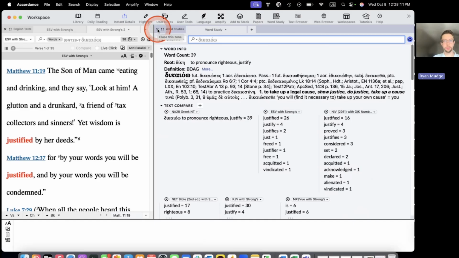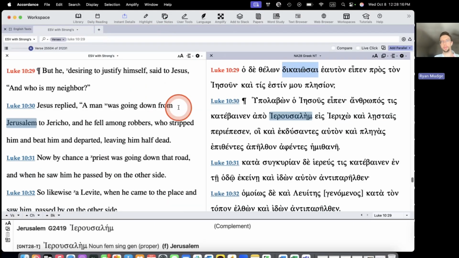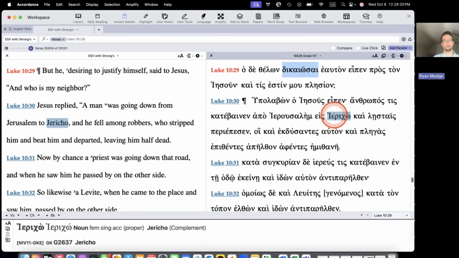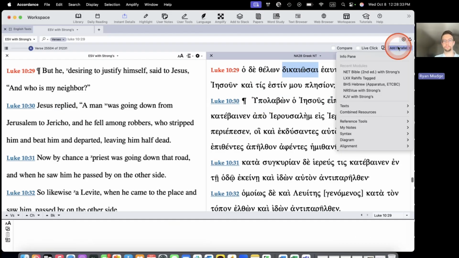Let's go ahead and close this down here. And I also want to show you before we finish up, and then I'll see if any questions that you guys have. So we looked at parallel text. We looked at the library, looked at doing a little bit of searching, word studies. These are just the core features of Accordance. And if I click on the add parallel right here, and we did that at the beginning to look at different translations in parallel. If you click on that, go to info pane,